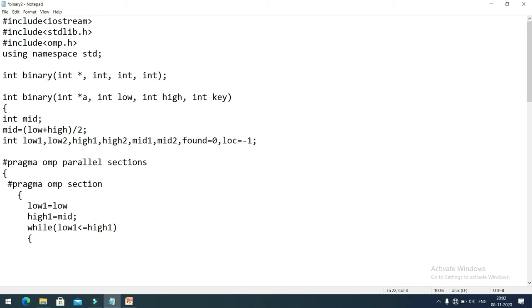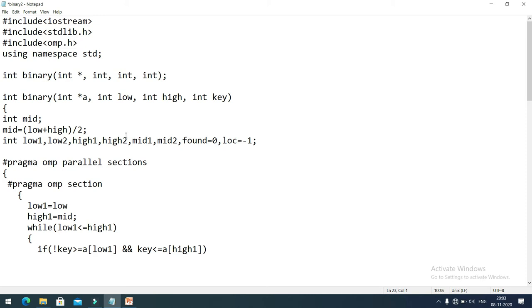And I have to check here if not of key is greater than or equal to a of low 1 and key is less than or equal to a of high 1.